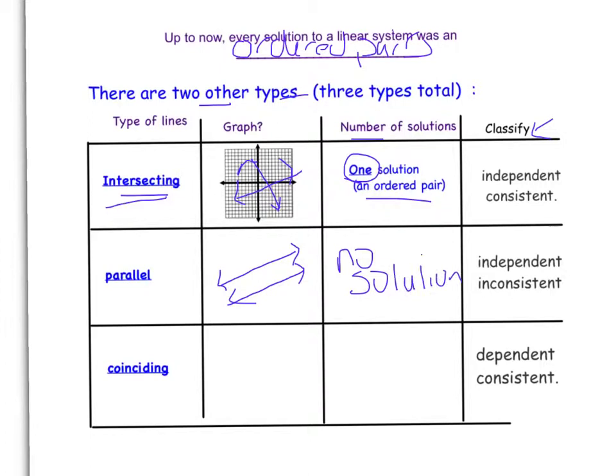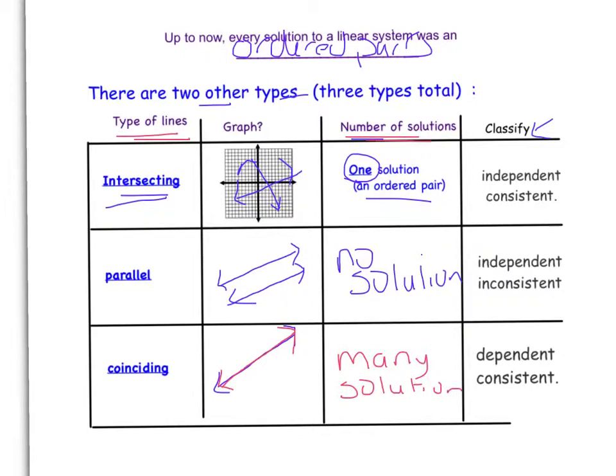And then we have coinciding lines. Coinciding lines means that they're the same line. So once you graph them, you get the exact same line. And so since every point is the same, we say there are many solutions. So some of what you're going to be practicing today is just naming the number of solutions based on the